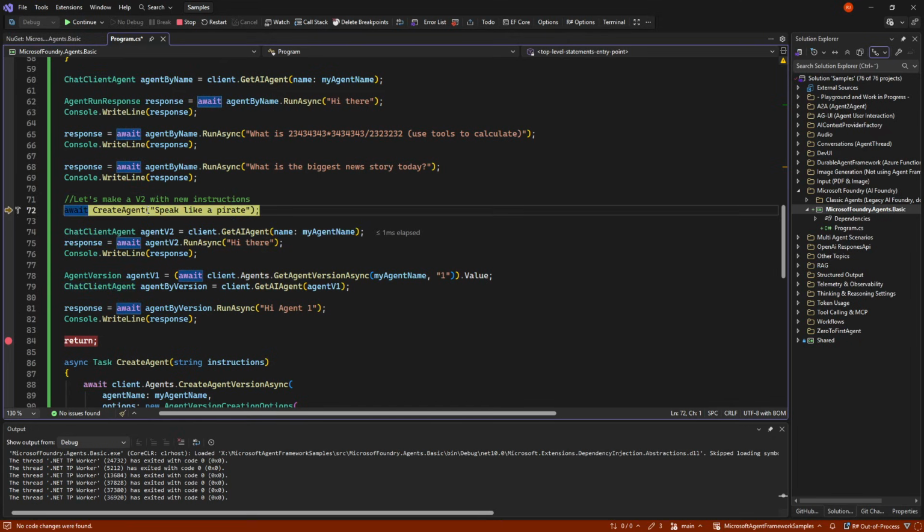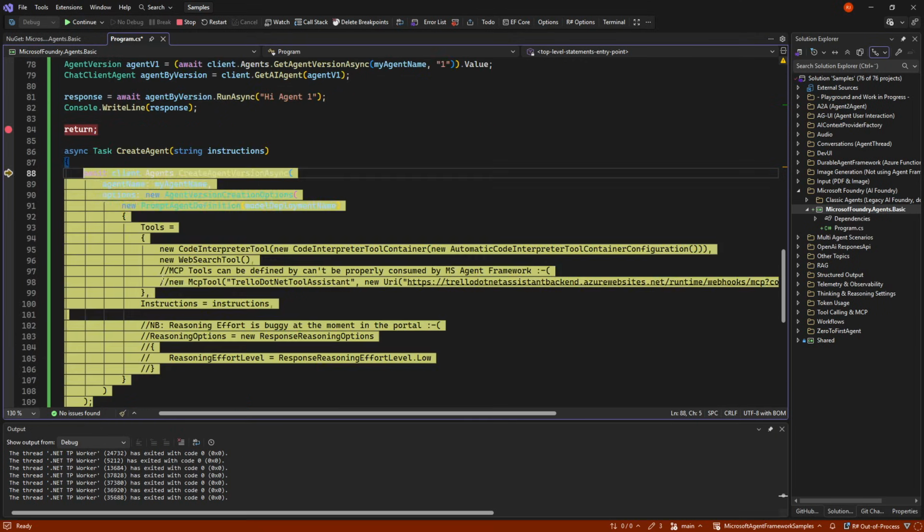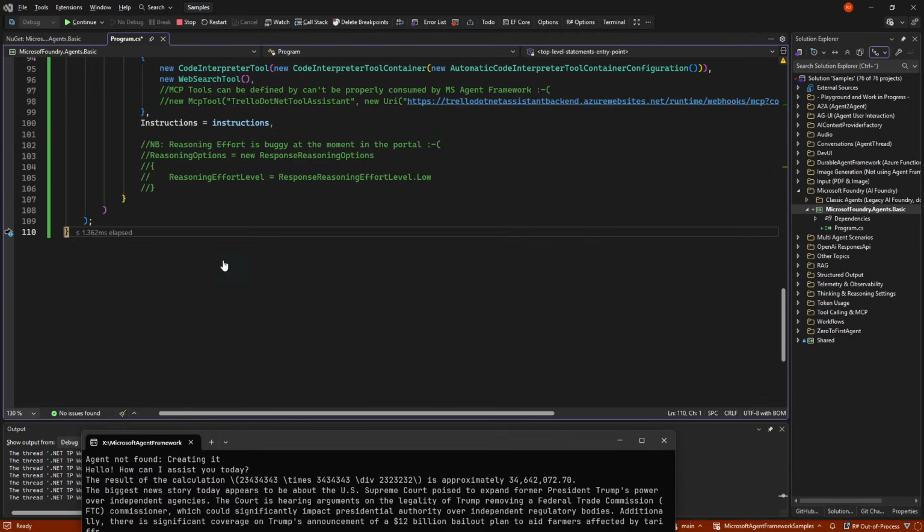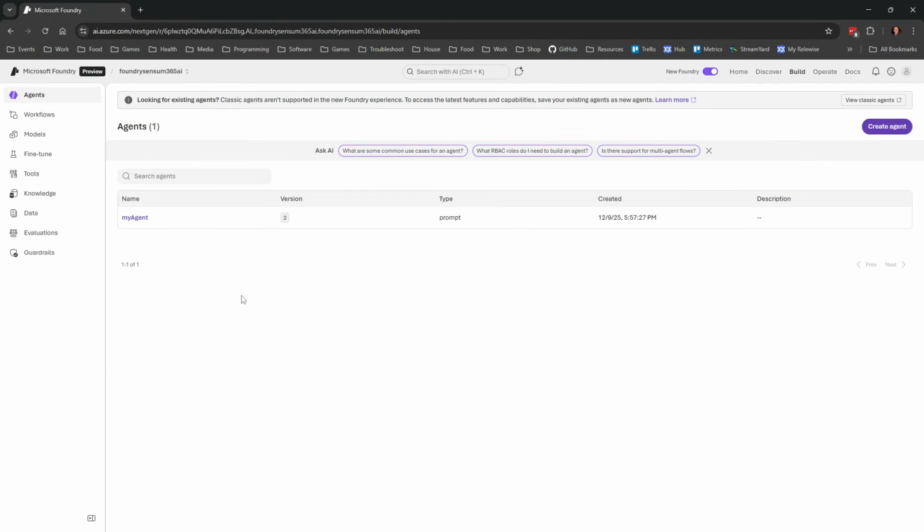What I can do is I could also just drag it up here and say, oh, I want a version 3. So if we do that and call the same code again and go to the portal, we will see we don't get a version 3, because it will actually check, is there any difference in the agent definition? And if not, then let's not make a new version. So it's perfectly safe to call create version if you are okay with the extra time it takes in order to be sure that your agent is just as you have defined it in the code.